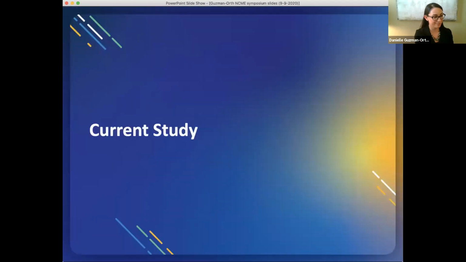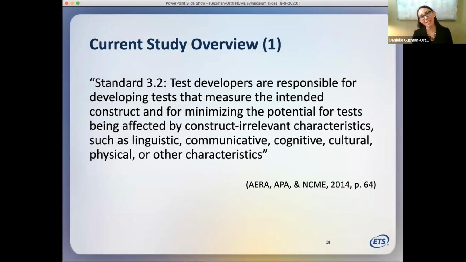Next slide. And so we'll see that as we move into this current study, where some of the twins that I'll show do look more like the original item and some might look a little bit more different. And again, that's part of implementing the variety and the accessibility resources here. Next slide. So in this current study, we really tried to unpack standard 3.2 as it exists in the standards,